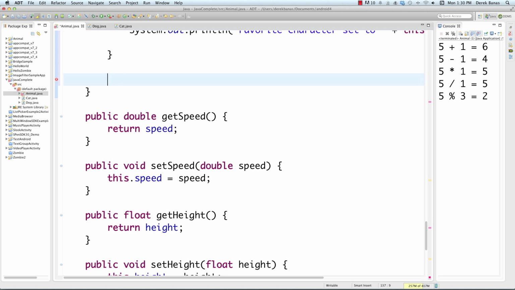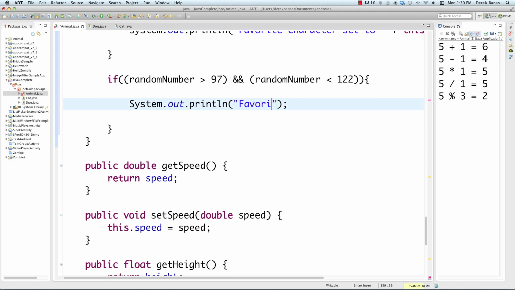It's going to stop evaluating. And then you have this last one, it's going to return true if there is one true and one false. So it's basically going to force there to be one true and one false, sort of like an OR. So let's use these. Let's say we want random number greater than 97, and we want both of these to be true, random number less than 122. If that occurs, this outputs favorite character is a lowercase